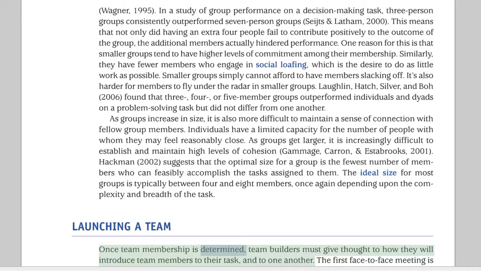Once team membership is determined, team builders must give thought to how they will introduce team members to their task, and to one another. The first face-to-face meeting is